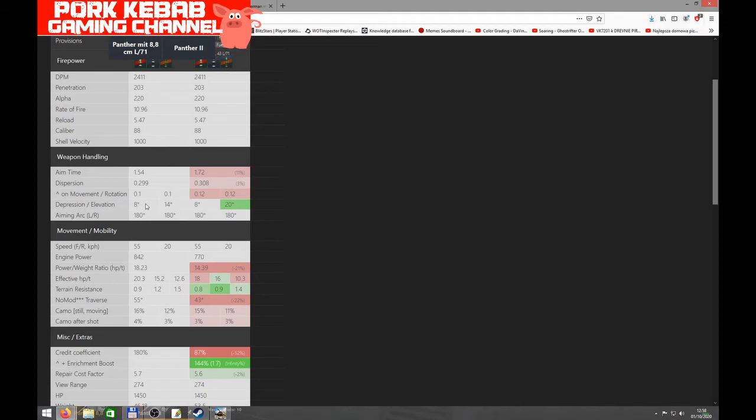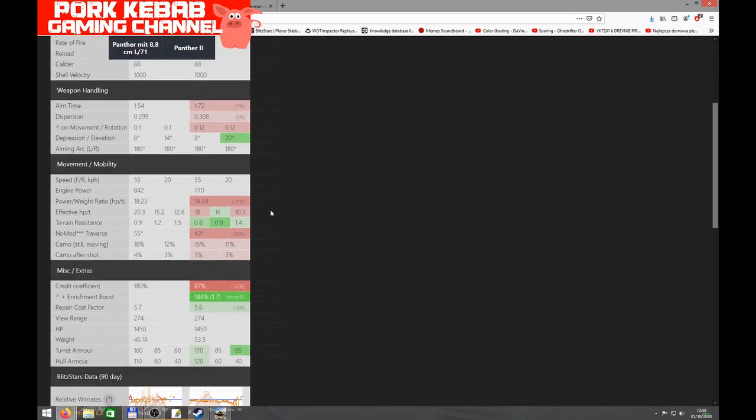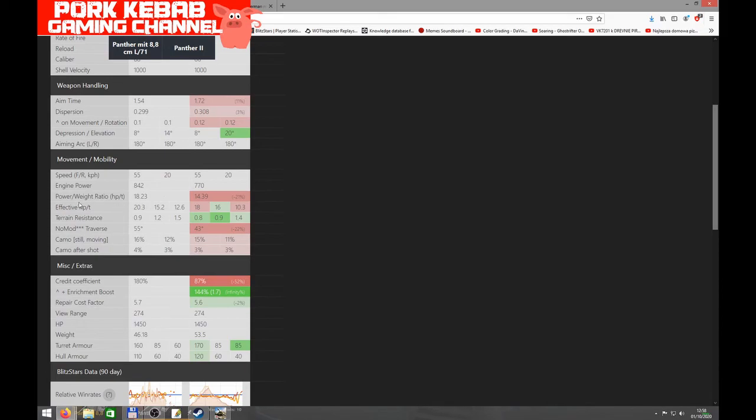Depression and elevation, like I said, 8 degrees of depression, 14 of elevation on Panther 8.8, and we have 20 degrees of elevation on Panther 2. That's the only difference. Movement and mobility. As you can see, the power to weight ratio on Panther 8.8 is slightly better, 18.23 horsepower per ton against 14.39 on Panther 2, but